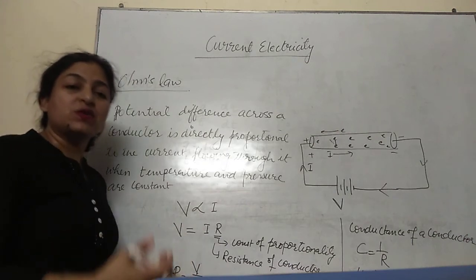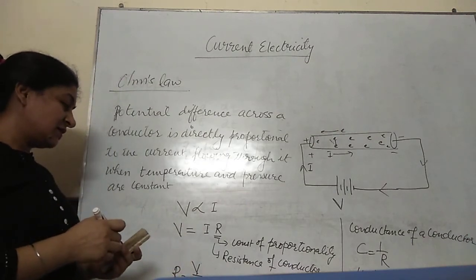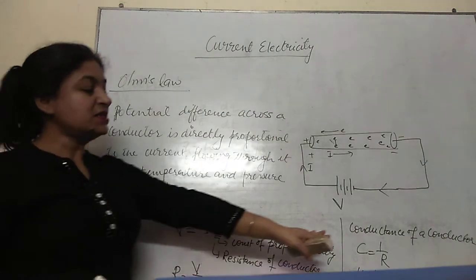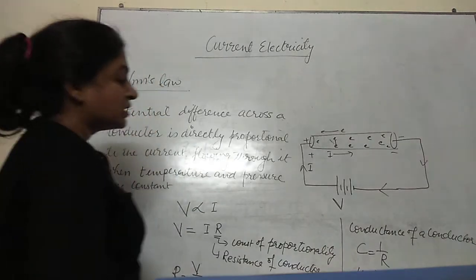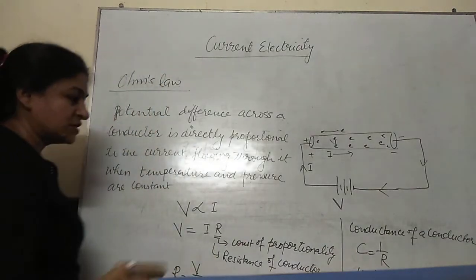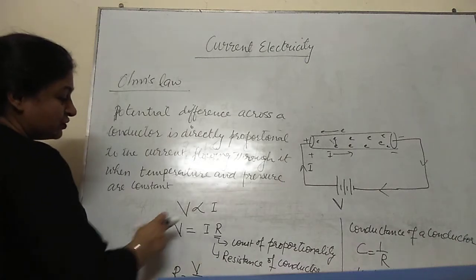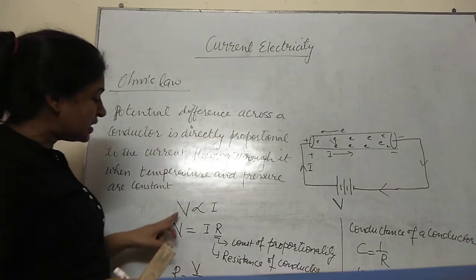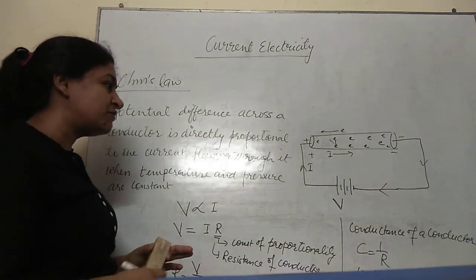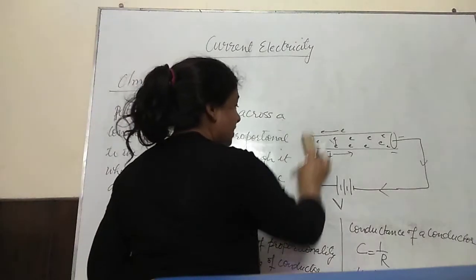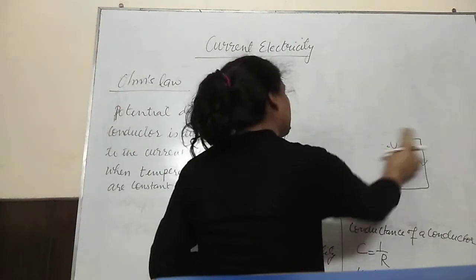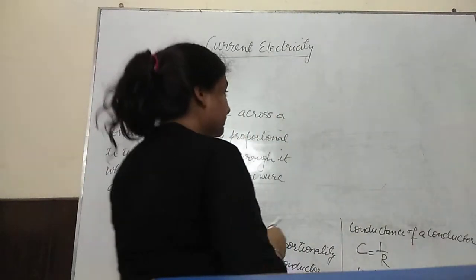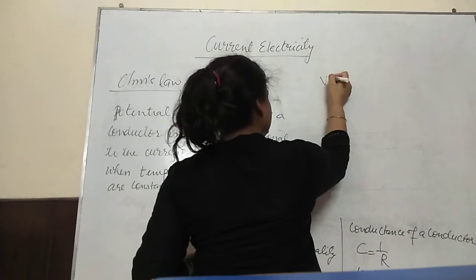Resistance is the obstacle or hindrance to the flow of the current, while conductance is the ease with which the current is flowing through the conductor. So these are the concepts of resistance and conductance. Now when we have discussed this, if you draw a graph between V and I, that is a VI graph for a conductor. Let us discuss. When one variable is directly proportional to the other variable, what type of graph would we get? So let us consider the VI graph.